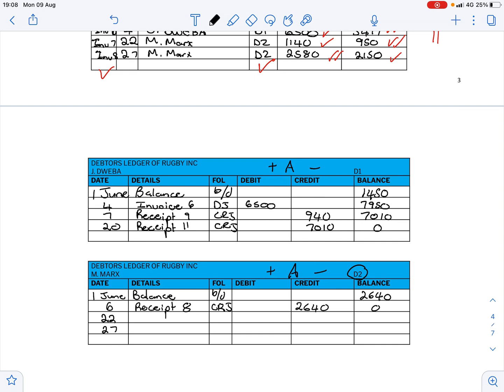We then need to tie up Malcolm Marks's account, and he makes 2 purchases from us, one on the 22nd and one on the 27th, with invoice 7 and invoice 8 respectively. Both of these transactions came from the DJ, and both amounts get debited. He now owes us more money. The first amount was 1,140. We add that to his outstanding balance of 0, which leaves him a new balance of 1,140. We then have our 2,580 that we had to work out, and again we add that to his outstanding balance of